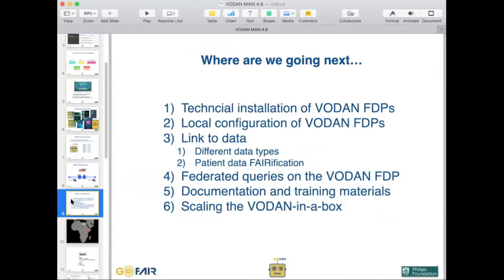But let me try to formulate where we want to go next with these steps here. And this was something that was formulated with Francesca and Miriam in terms of trying to stage our progress here. So in steps 1 and 2,